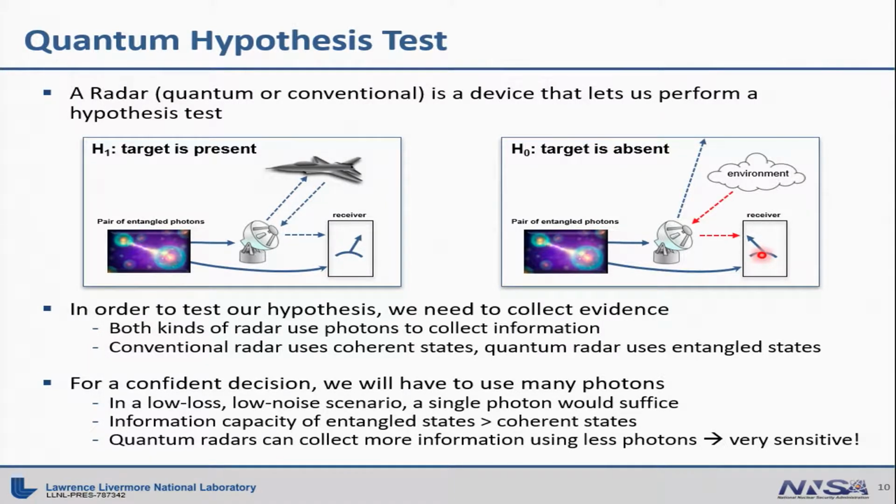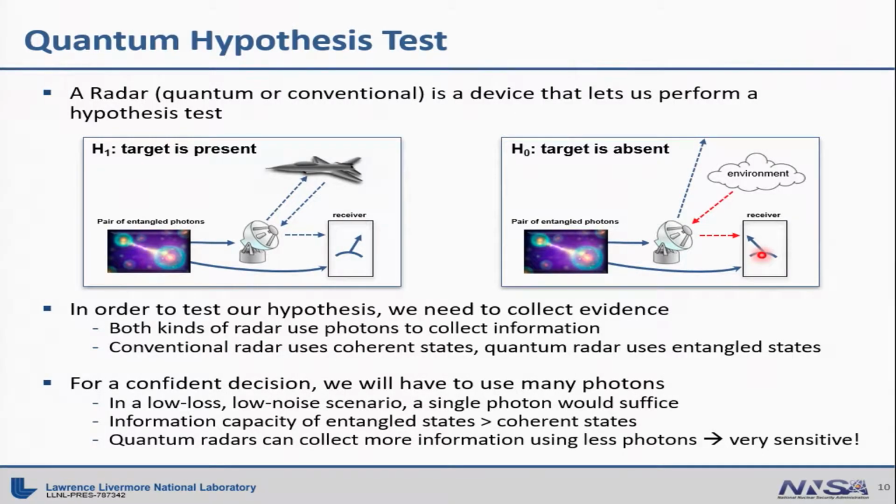and do that until you count enough photons where you're actually very confident that the distribution of photons that you're sampling is from the case where there's a target plus thermal environments relative to just the case where there's only a thermal environment. So those are the two scenarios you're looking at, and both radars are going to have to do this. The idea, though, is that for entangled states, the information capacity is much, much higher than you have